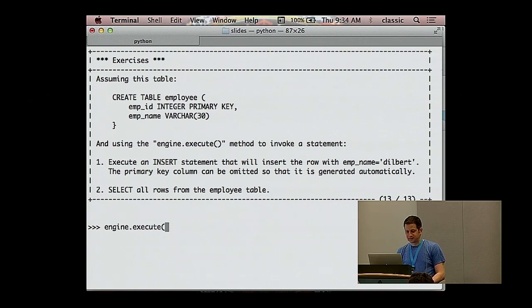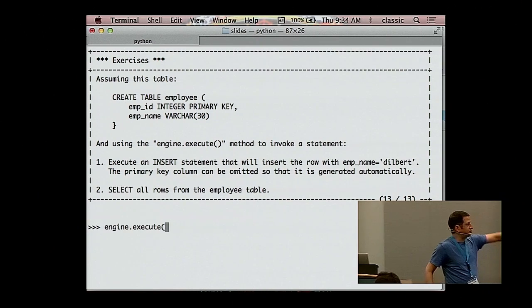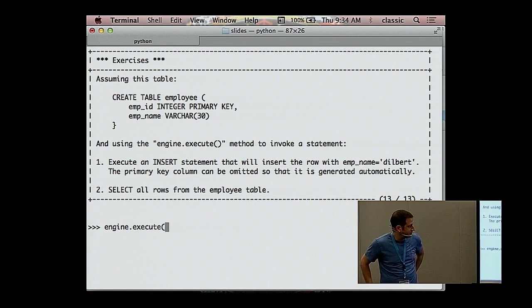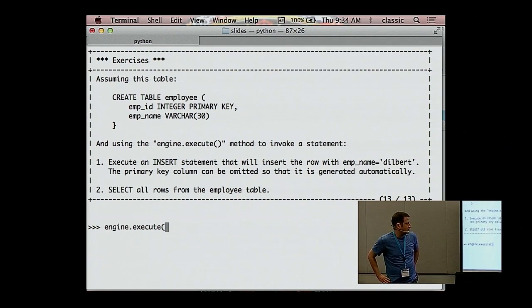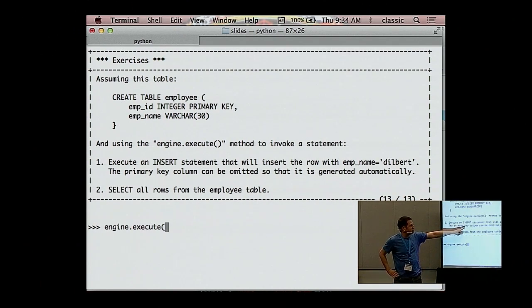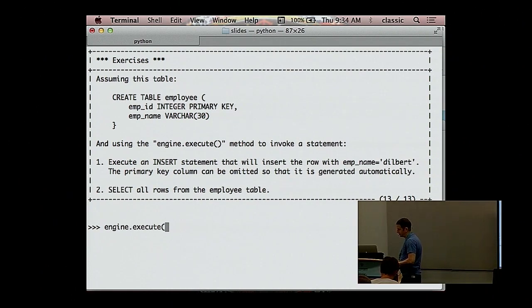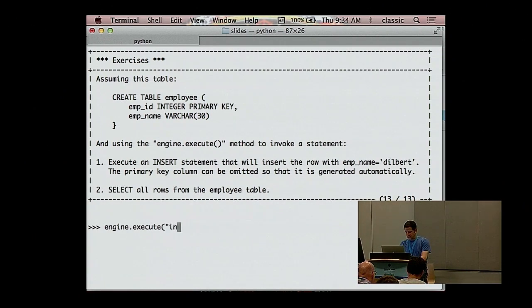So what this is, this program has already made this table for us. We're going to insert Dilbert. So we're going to insert a row with emp name equals Dilbert, but we're not going to include the emp ID column because SQLite will generate that for us, and you'll see what it looks like. And then we're going to select all rows, and we're just going to use engine execute. So this is where that insert into